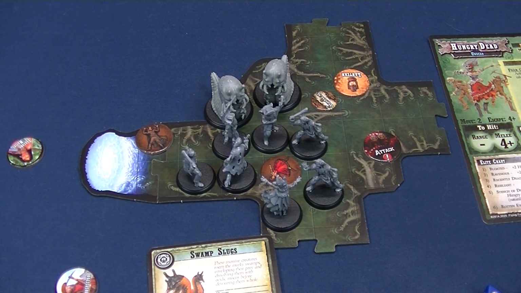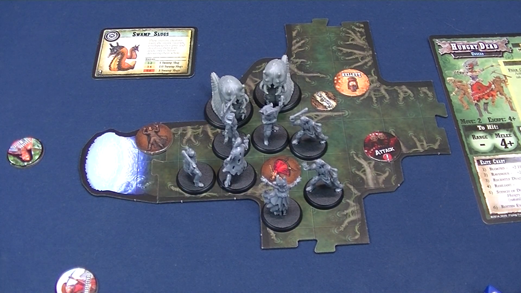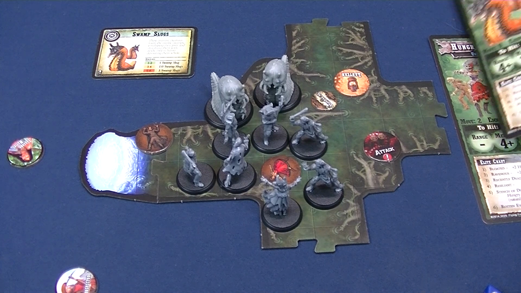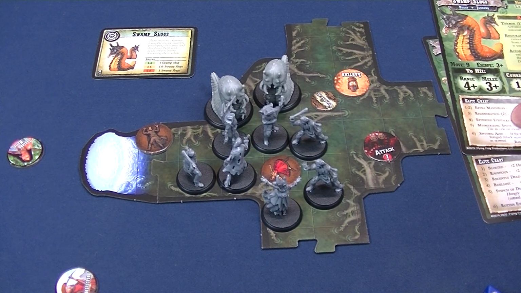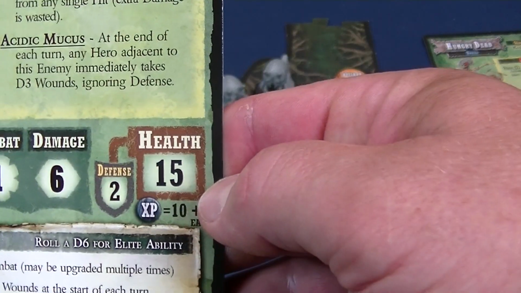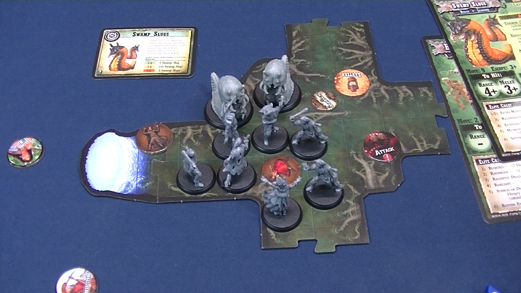So this is already going to be bad for him. They're going to activate first, and they do 6 damage, and they also have quite a bit of health, too. They have 15 health and 2 defense. So starting this next round,